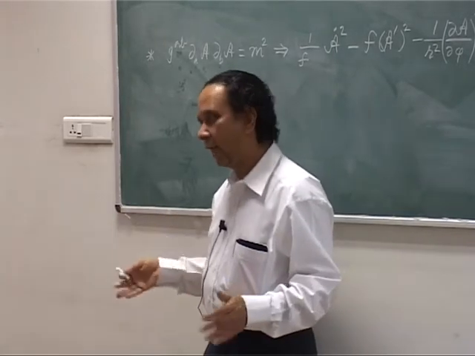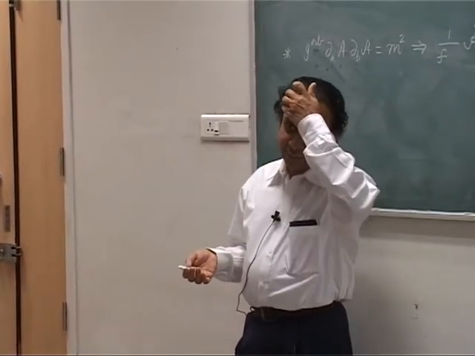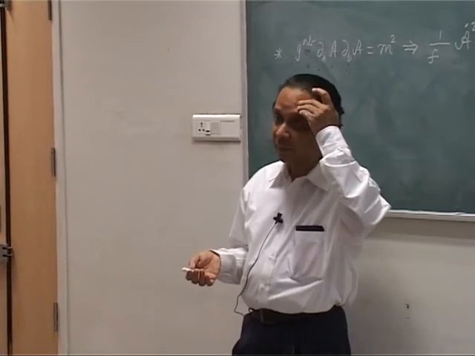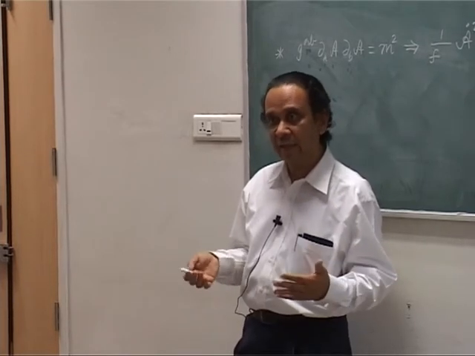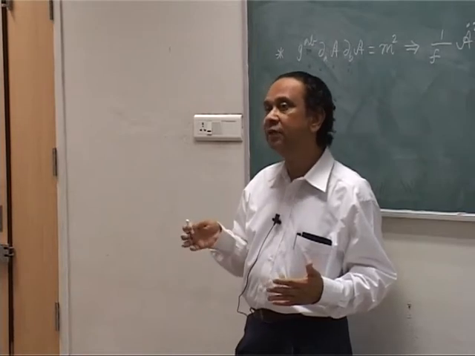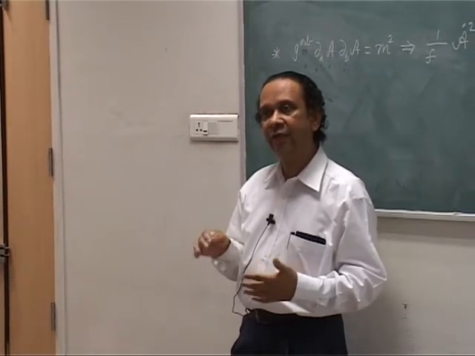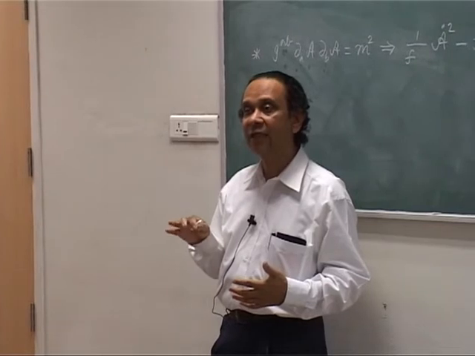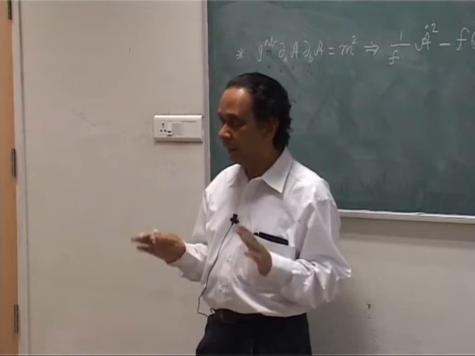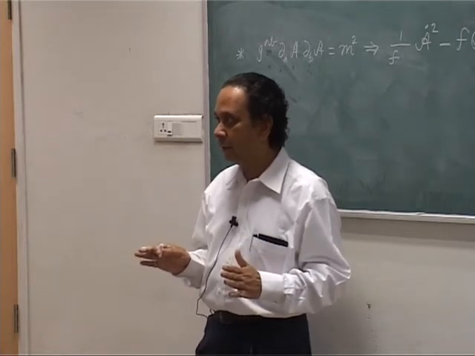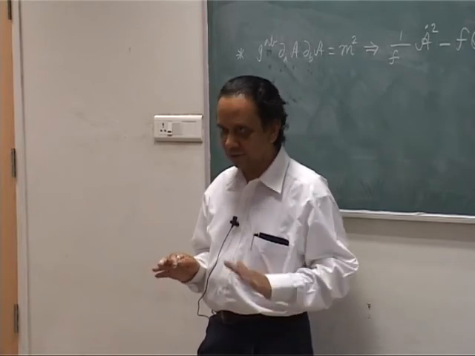You are doing central force, and you have to find out what are the conserved quantities here. The conserved quantities people usually say are angular momentum and energy. Energy comes from time invariance and angular momentum comes from invariance under angle, and people always assume it has to do with theta. Because just after that you will write down r dot square plus r square theta dot square. What is the angular momentum? It is usually written as m r square theta dot. Weren't you taught it is m r square theta dot? It is actually m r square phi dot. Most textbooks call it theta dot, which is wrong.